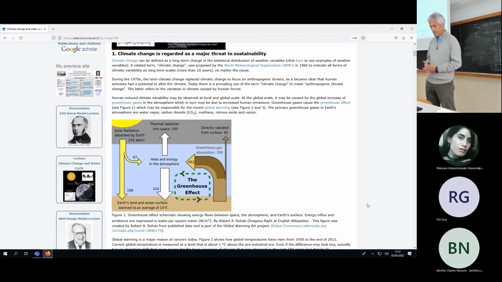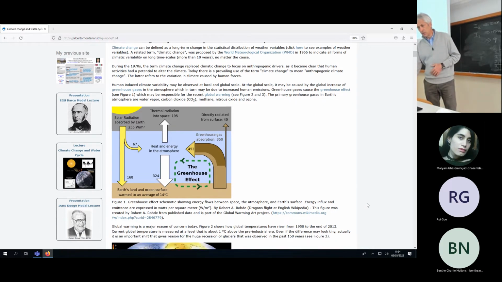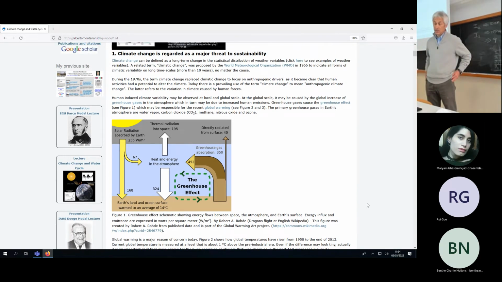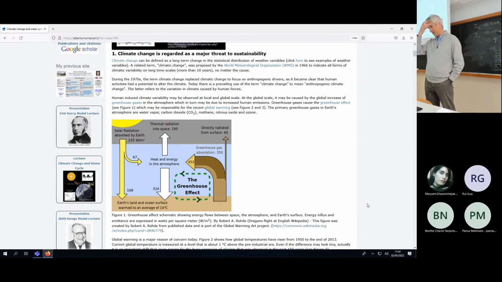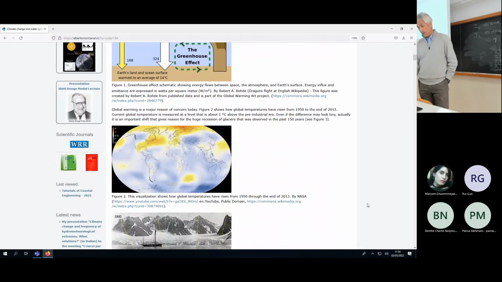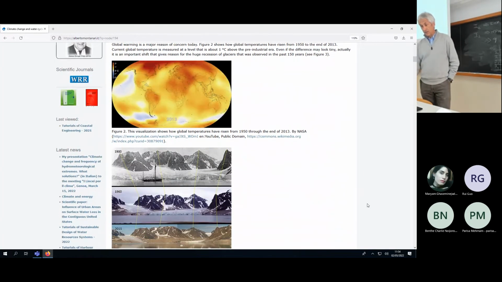And here you see a brief scheme, and there are also links here if you want to see some more details on the greenhouse effect. And now what is the result of this? The result is global warming. Okay, global warming is something that is